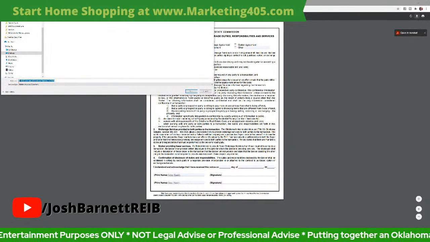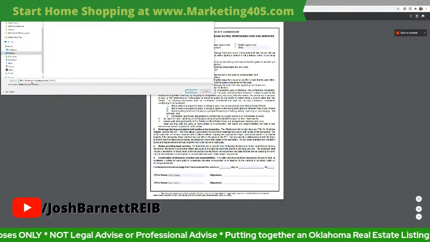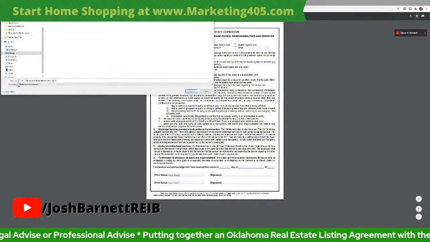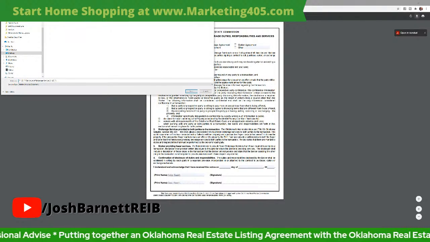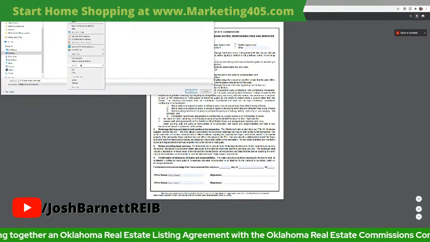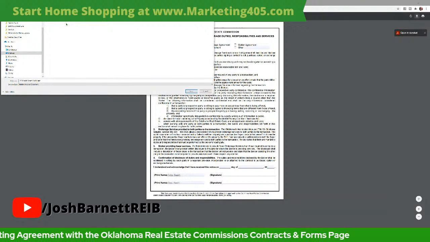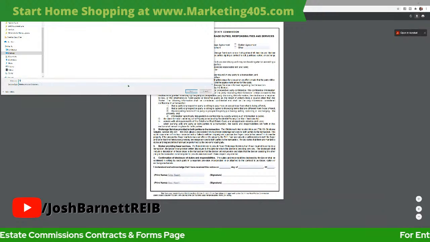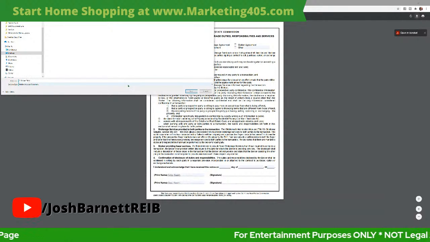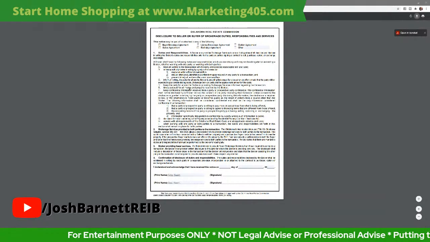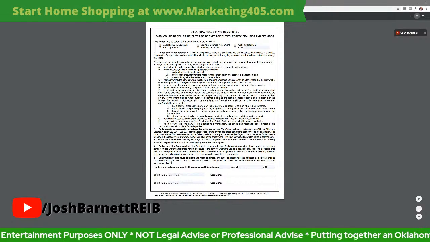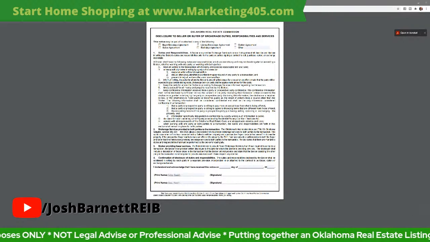And then this time in front of it, put a number 2. Oh, and rename this real quick. Right click it, rename, and put a number 1 in front of it. And that'll keep them in the right order. So over here, this is the disclosures. Number 2, broker disclosures form. So save that right there. Okay. And then let's go back, hit the back button of your browser,